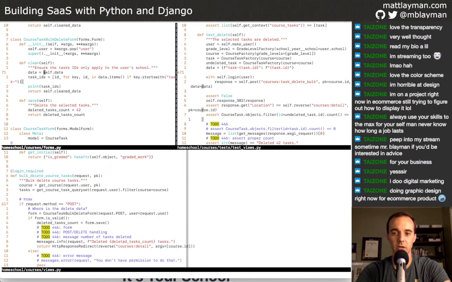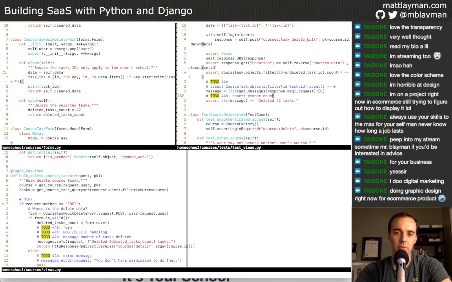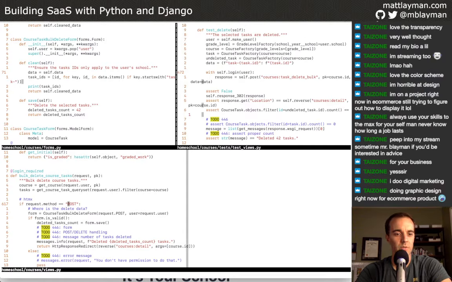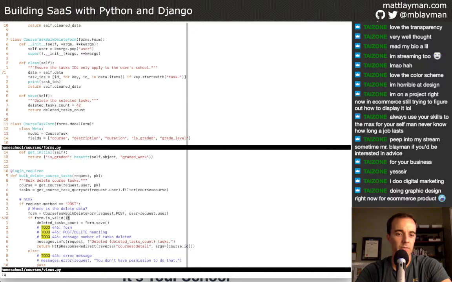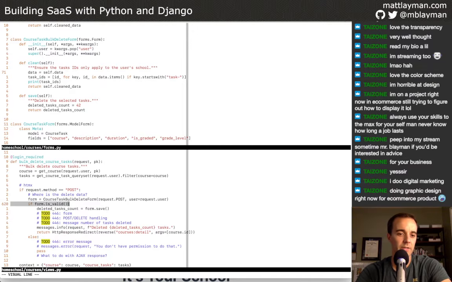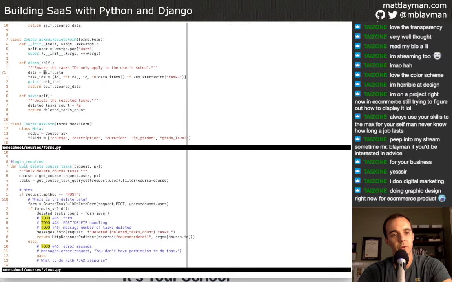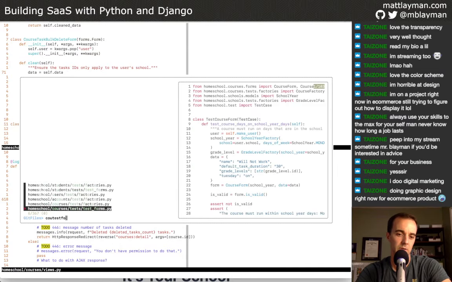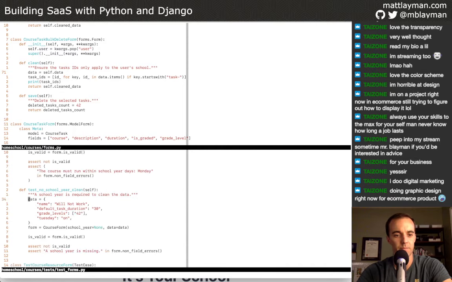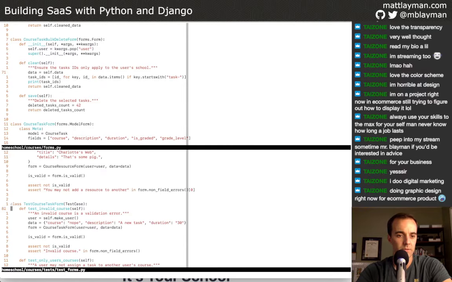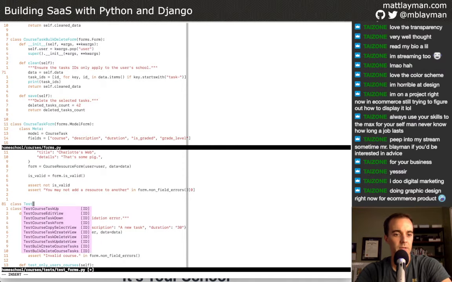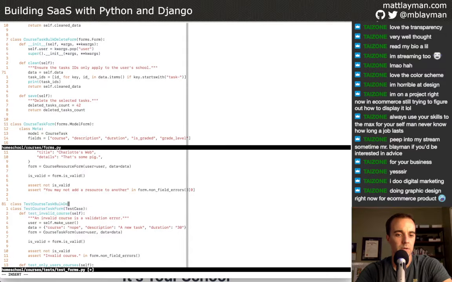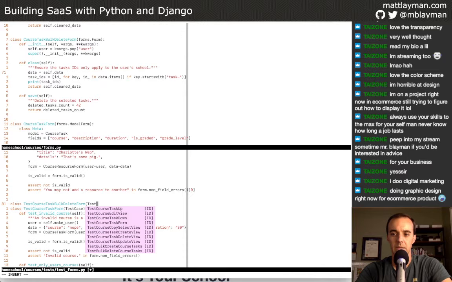We need to check that all of these IDs are owned by this user. So that's the next thing to check. And I think in order to do that, I want to not do that test in this view. So let's close this views file because it's just in the way right now. We've kind of set up what we need. We're on the validation step. We'll get to the save later. We're really focused on the form. So let's go to the courses, course test forms, and write a test case here. So we got the test. We're going to have the class TestCourseTaskBulkDeleteForm. It's going to